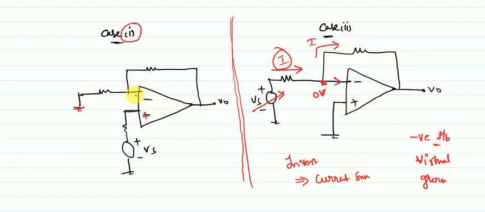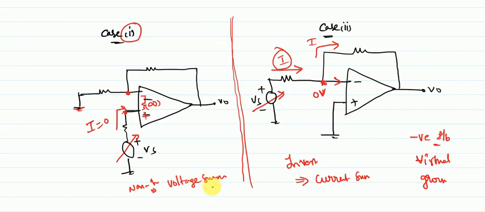Similarly, here if you look, if you change this voltage, no matter what, the current entering through the op amp, as it is ideal, will be 0, because the input impedance will be approximately infinite here. So if you change the voltage, it is accepted in the form of voltage, and that voltage will be seen here. Hence the inverting and non-inverting terminal, or positive terminal, is called the voltage summing node.